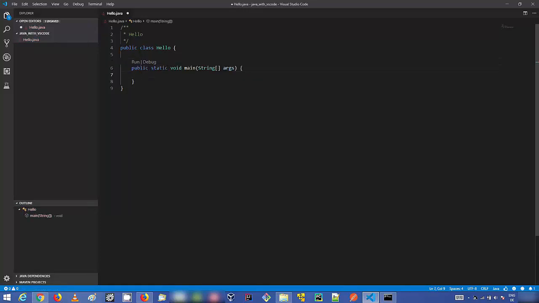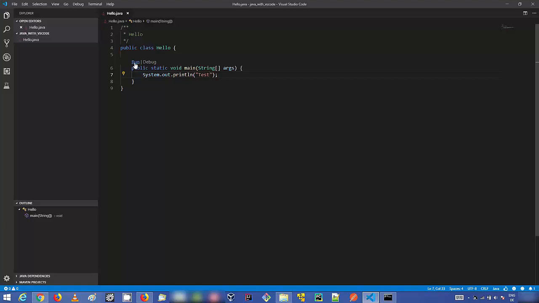Then it's going to create your public static void main method, and inside this main method you can for example print anything. So I'm going to just write System.out.println, and here let's print something. So I'm going to just say print test, and when you want to run this program, you can see this option directly visible here.